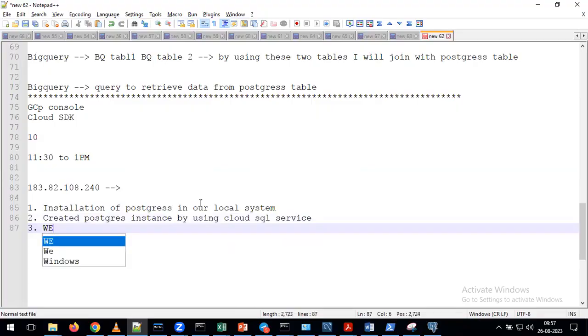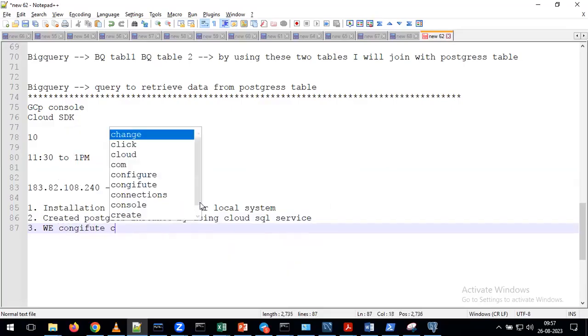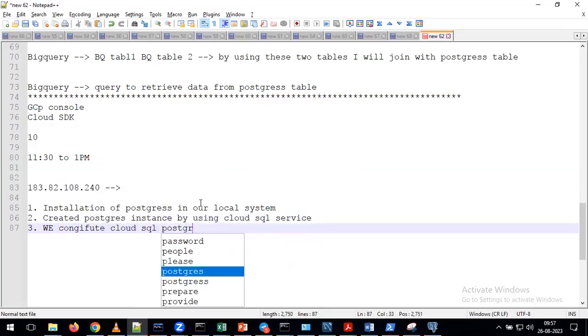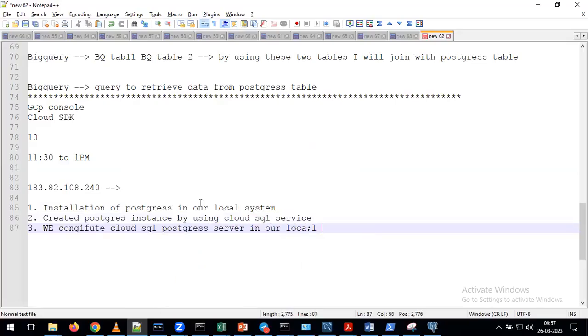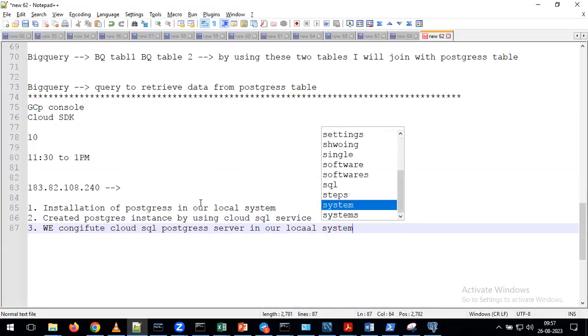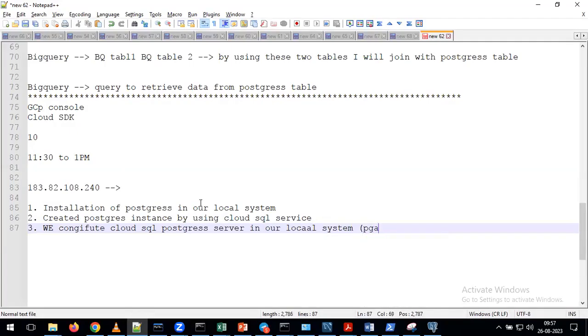Next, we configured the cloud SQL Postgres server in our local system. By using what did we do this activity? By using the pgAdmin 4 application, we configured the cloud SQL Postgres server in our local system.